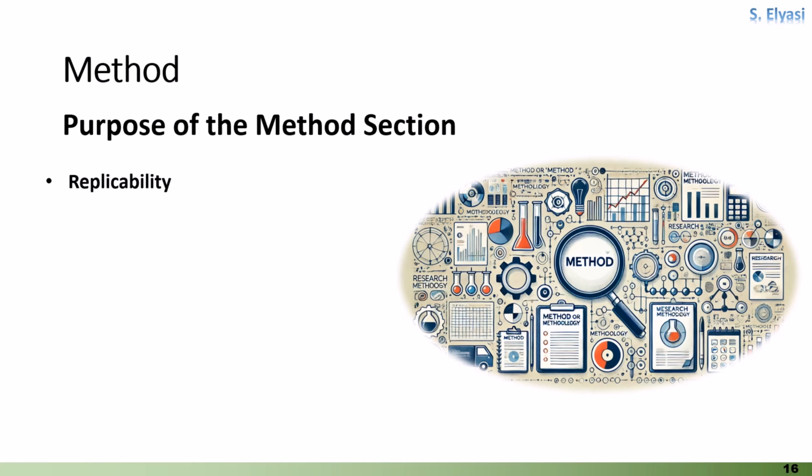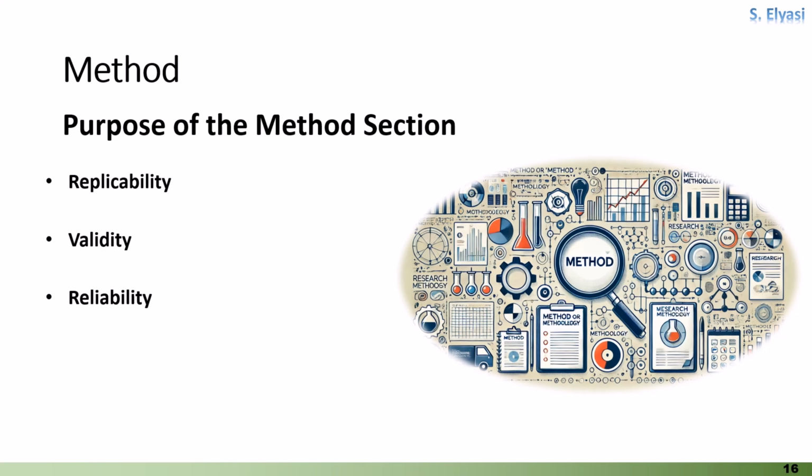Replicability. Replicability refers to the ability of other researchers to reproduce the results of a study when using the same methods under similar conditions. This is important in the methods section because it helps ensure that findings are consistent and not just the result of unique circumstances or errors. Validity concerns whether the research truly measures what it claims to measure. It is crucial in the methods section to demonstrate that the tools, procedures, and analyses are well suited to the research questions and hypotheses, ensuring that the conclusions drawn are based on sound evidence.